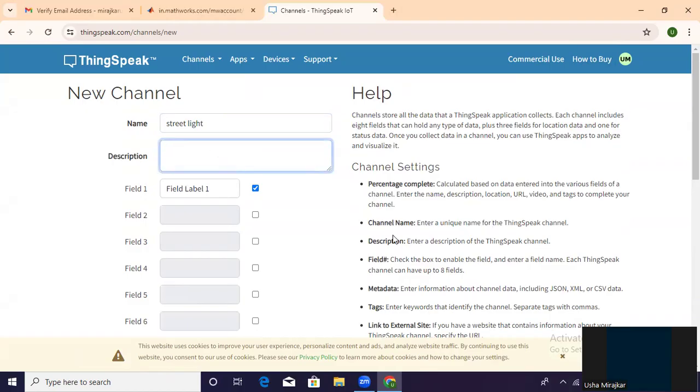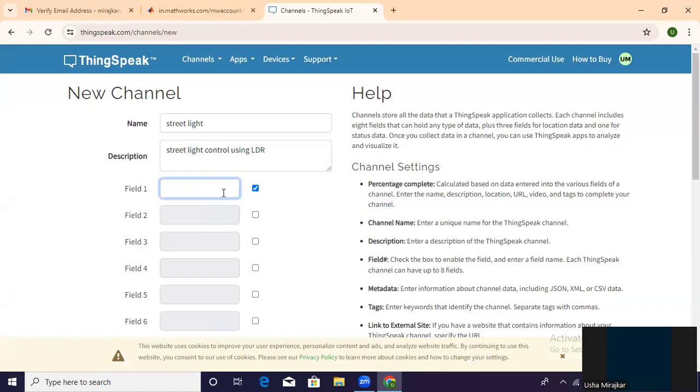Now description here, using LDR. Now in field 1 here, what we are measuring is the LDR value, that is the light intensity which is falling on the LDR.